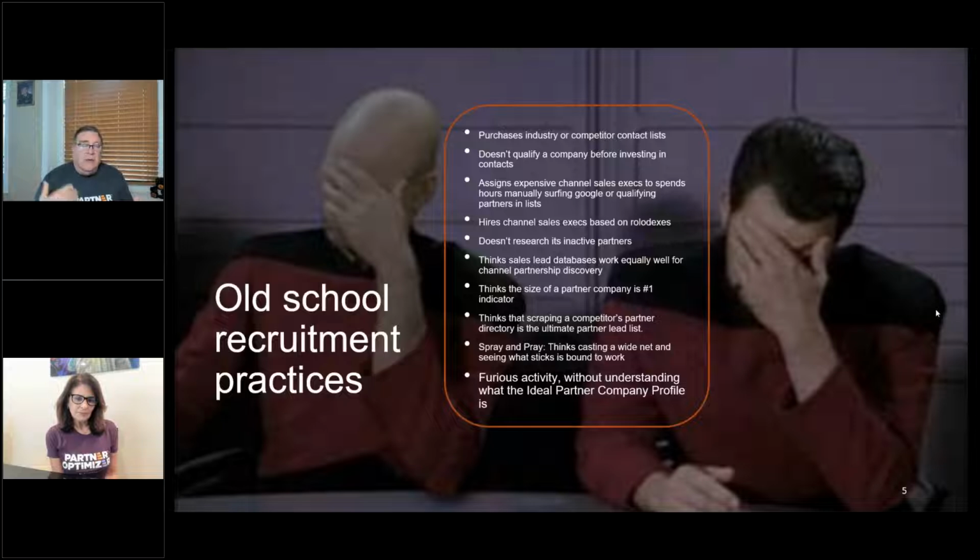But also, just because a partner is on someone's partner directory doesn't mean they're good ones. I've heard of people putting some of their partners up there who just aren't very good, because they know people are scraping their partner list. So you just can't count on a partner being good at what you're doing just because they are a competitor's partner. Take it with a grain of salt. It is always good to go after your competitors, but there are easier ways to work your way in the door than just hitting against what they're doing today. Dina?